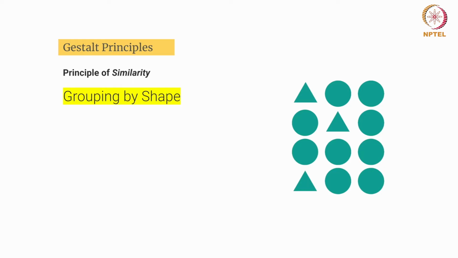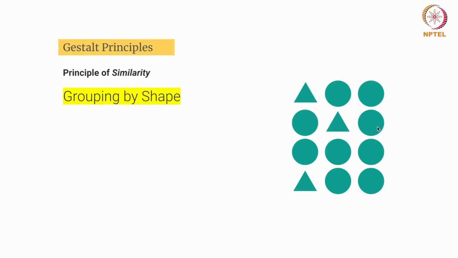So in this picture you can easily see there are circles and triangles. When you see the triangles, your brain has quickly identified them, because they are of similar shape, they tend to be in the same group. Even though they are accumulated in a single segment, your eyes tend to navigate these triangles as a different group. Similarly, the rest of the circles feel like they are in one group. So this is how grouping by shape happens.